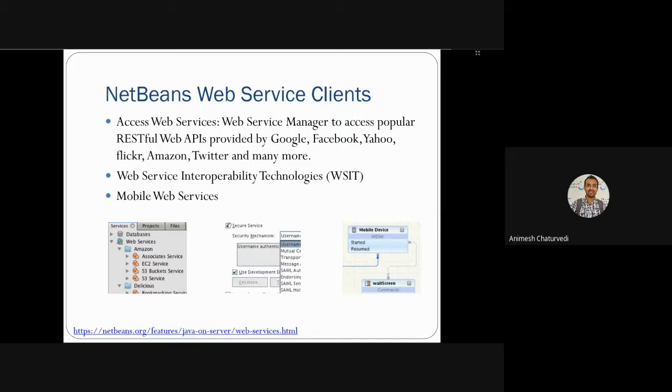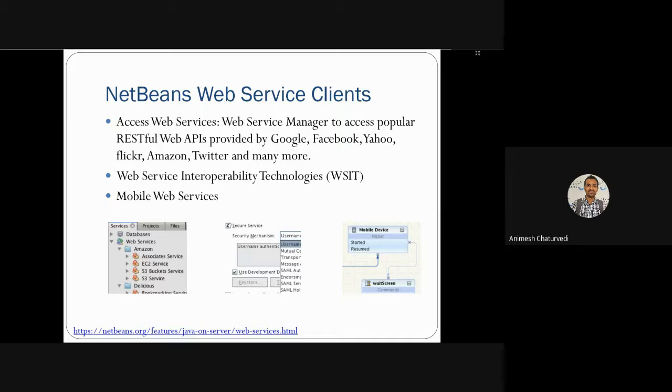Thereafter, web service interoperability technologies means there have to be standard APIs and standard management things that make things interoperable between two different web services. These types of standards are maintained with this NetBeans web service client. Thereafter, the third part is mobile web service.